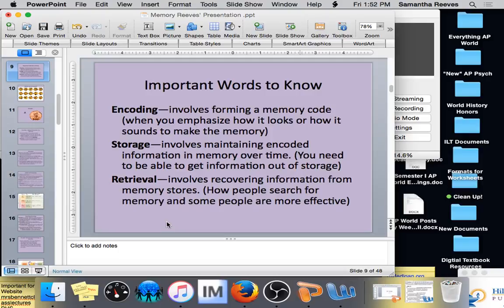So the more you encode, you're going to send it to storage, and this is going to be your long-term memory. Now, when you get to long-term memory, it's important to know that it's kind of like your library of memories. Okay? So because you encoded all of your memories, some of them you encoded really well. Like, for instance, I have a project on North Dakota that's currently sitting in my head. I also wrote a really good paper on John Adams, which I could regale you with, but I won't, okay? Because I had those projects, I have them really deeply ingrained into my long-term memory,